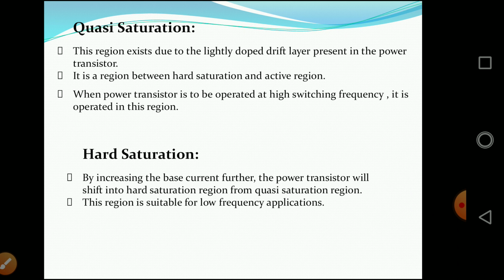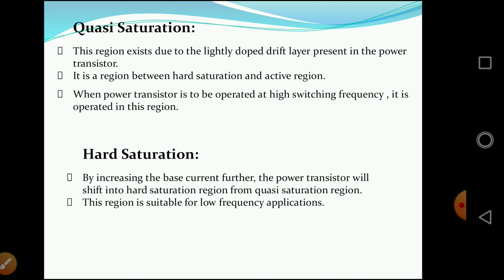When the power is low level, the BJT operates in quasi saturation. When the BJT operates in quasi saturation, it is meant for low power applications, and if the BJT operates in the hard saturation region, then it is meant for high power